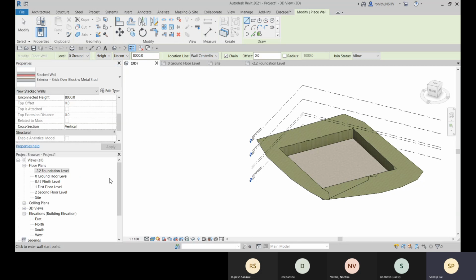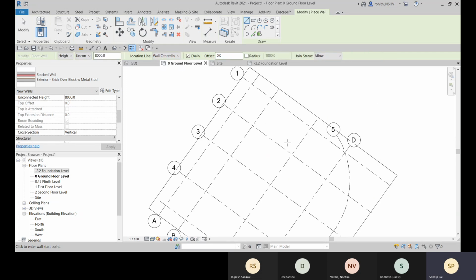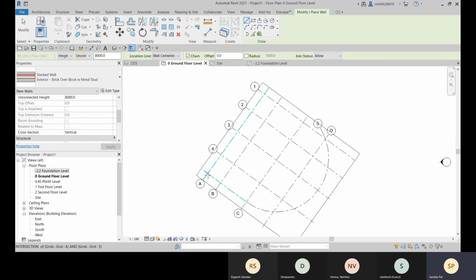We can place with the stacked wall. So in next class, I will describe about all the types of wall and how to create all these types. Okay, I'm just showing you. All right, I'm just showing you.